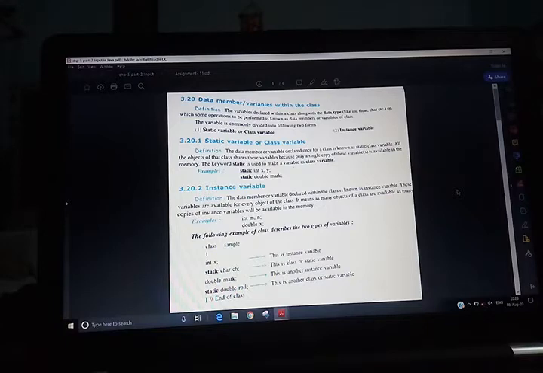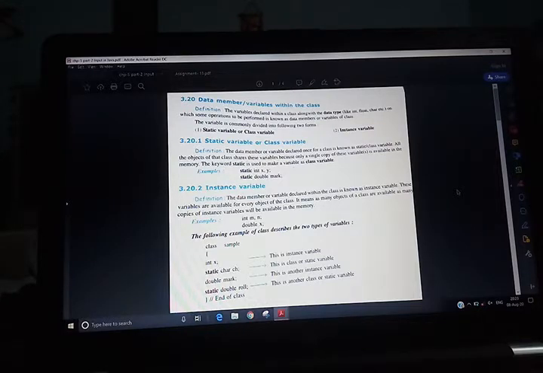We have to initialize them, and the class variable can be declared anywhere inside the class. The default values of the uninitialized class or instance variables of different data types: Boolean is 1 bit but the default value is false.